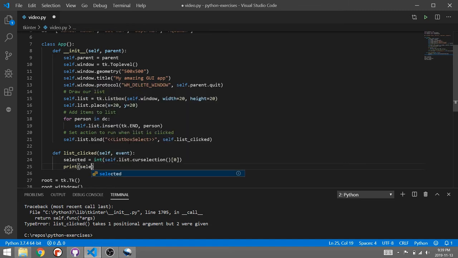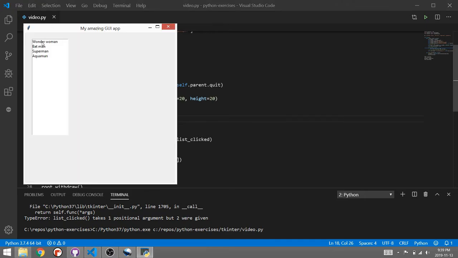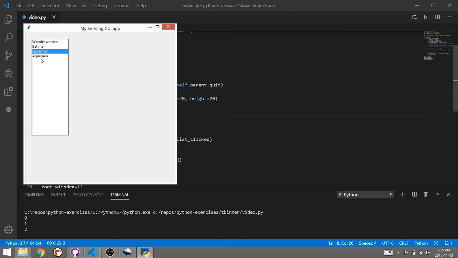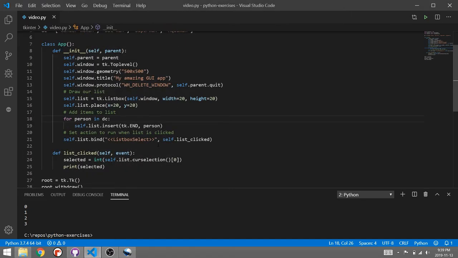And if I print selected, I'll show you what happens when we click items on our list. I click Wonder Woman, I should get a 0, Batman 1, Superman 2, and Aquaman 3. So it's telling me the item number of the list, and then I can use that to retrieve what that item was. So let's say item is equal to